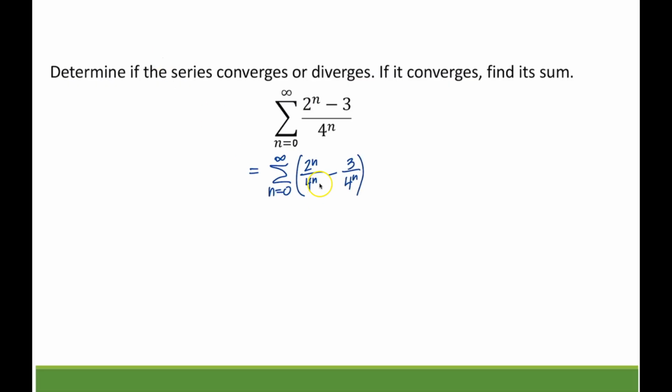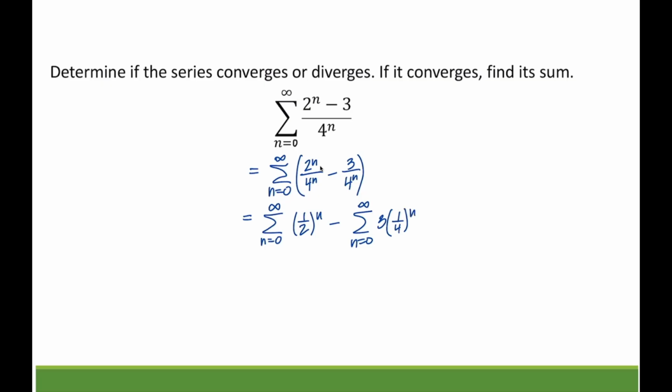So now we can see that our general term is a difference. And because a summation is just adding up a bunch of terms, we can distribute a summation over addition or subtraction. So in other words, we can rewrite this as two separate series. We can say the sum of n equals 0 to infinity of 2 to the n over 4 to the n will be 2/4 to the n. Well, 2/4 is 1/2, so 1/2 to the n, minus another series